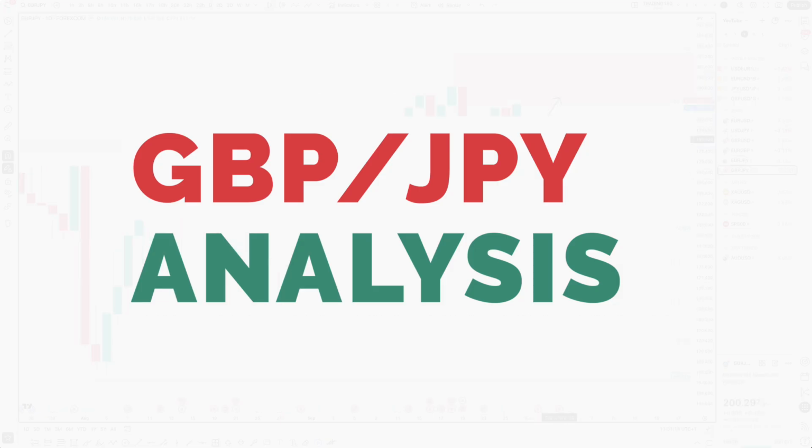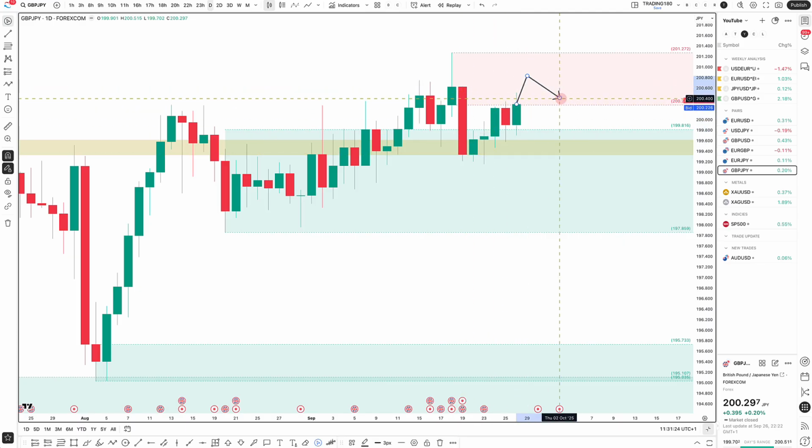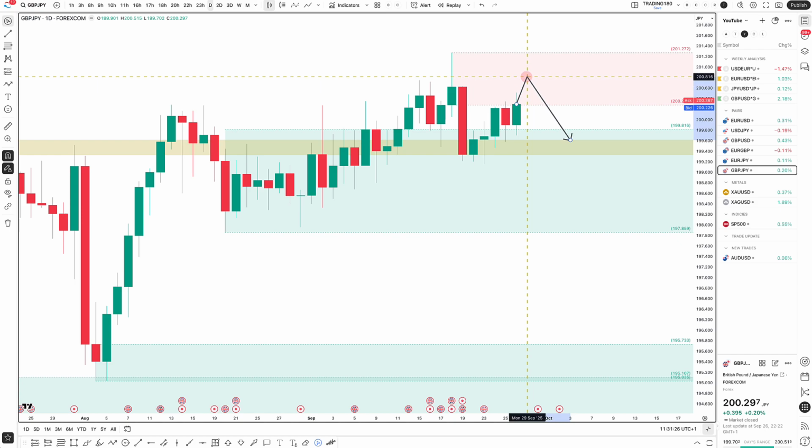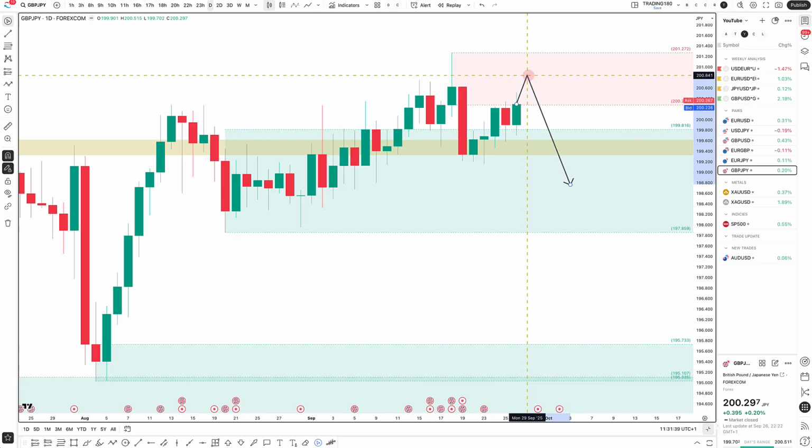Whereas, for example, with the pound yen, I think if the yen starts to strengthen and fiscal policies in Japan are supportive of rate hikes, any pullbacks should probably be short opportunities. So any pullbacks this week, again, always a bit of a gamble. We are gambling, as much as people don't like to say the word, right? We're traders, we're more sophisticated, but at the end of the day, if it's not certain, it's a gamble. So it is a riskier trade